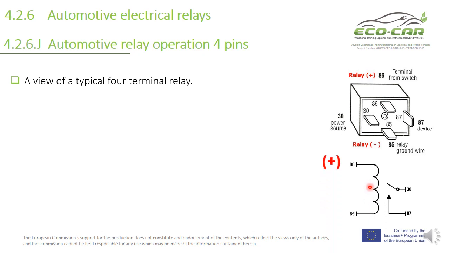And you have here the positive, and we have here the negative. And the contacts are between 30 and 87, between this one and this one. Normally, in most cases, 85 is the negative and 86 is the positive from the switch. 30 is connected to a power supply or power source, and 87 is connecting to the load,